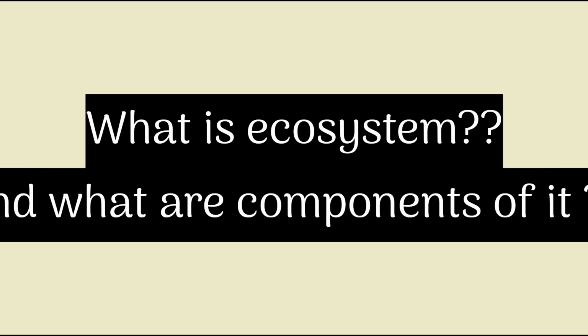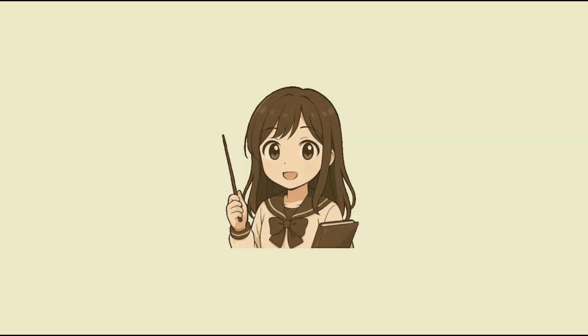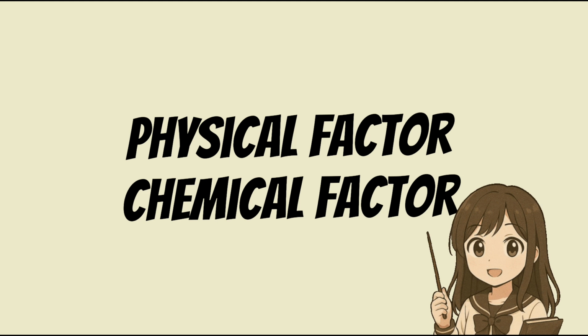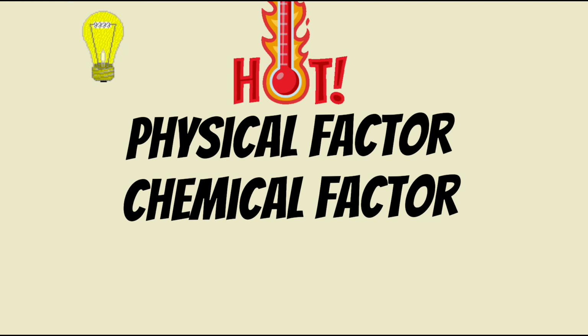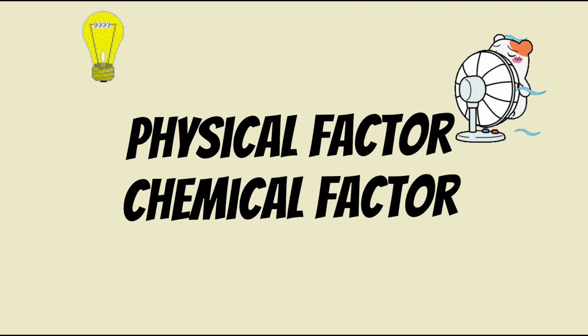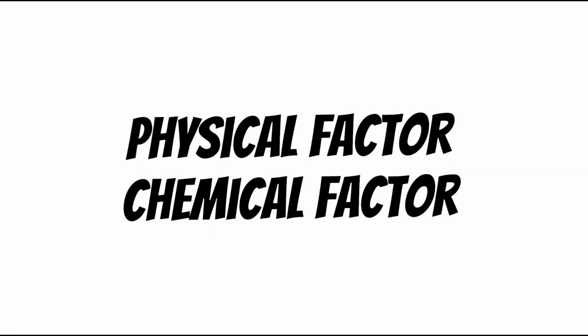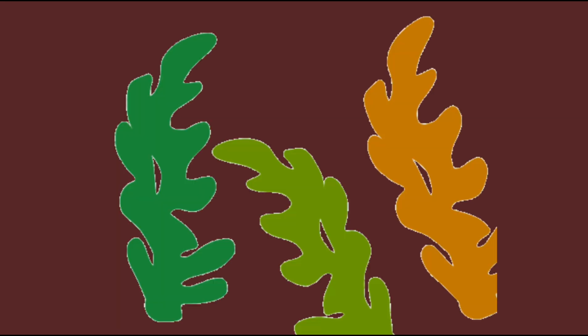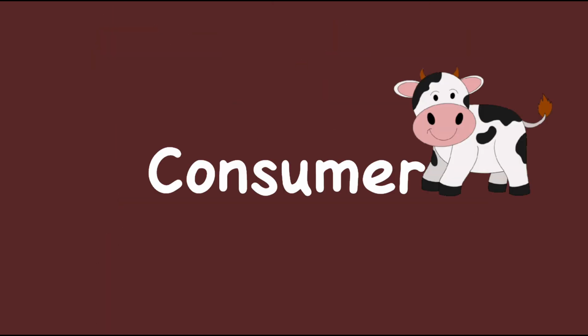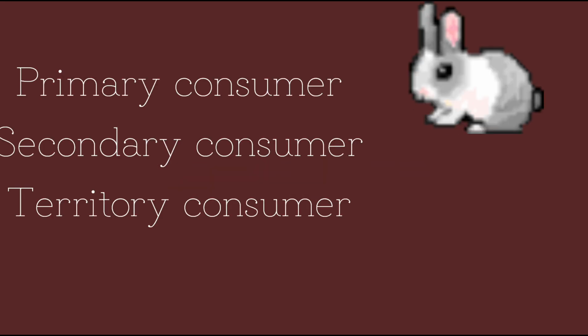So the various components of ecosystem: abiotic consists of the non-living factors that affect life, for example physical factors and chemical factors. Physical factors like light, temperature, water, air, humidity, and chemical factors like pH, soil, salinity, nutrition like carbon, nitrogen, phosphorus, sulfur, etc. And the biotic components are the living organisms, like the producers. They are the autotrophs like green plants and algae, which make food by photosynthesis. And the consumers are the heterotrophs,